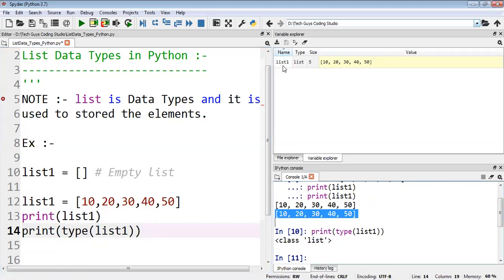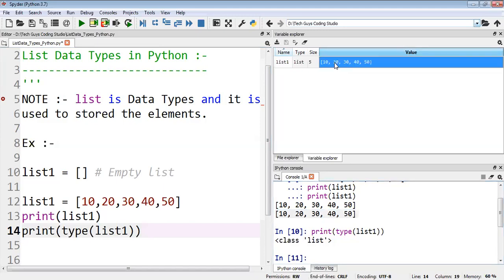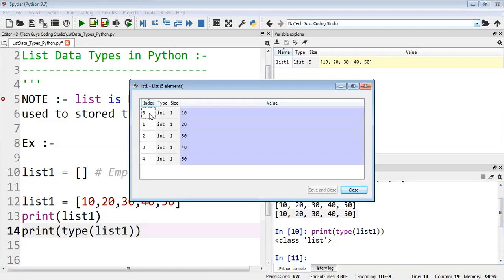Here you see list name is list 1, then type is list, then size is 5, and then 10, 20, 30, 40. If I click on this one, you'll get 0, as I said, the index will start from 0, right? Here you can see 0 1 2 3 4. I have 5 elements in the list, but the index will start from 0, so it will take 0 to 4.